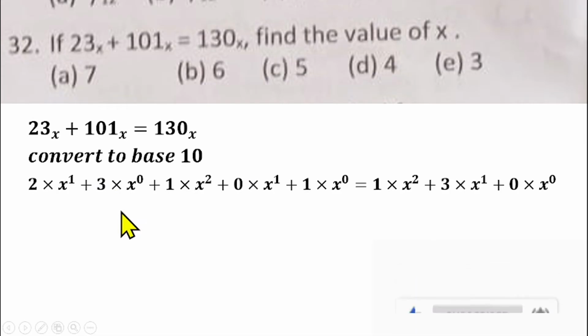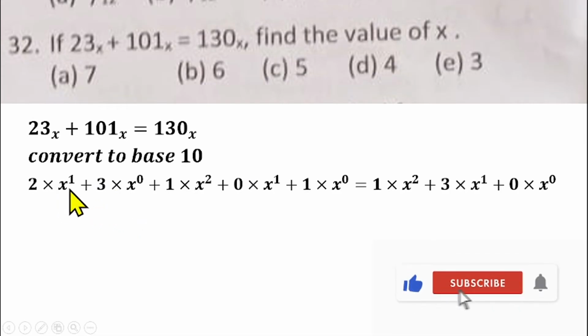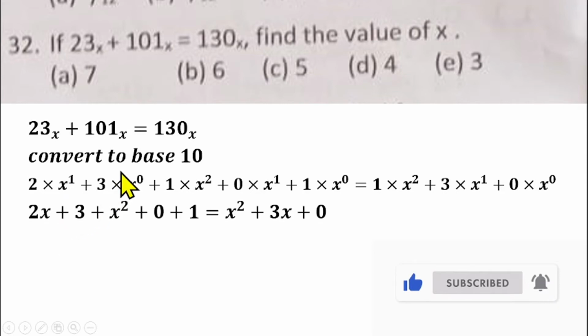Then we can now simplify. So 2 times s raised to power 1 is s, 2 times s will give us 2x. This one will give us 1. Then 1 times 3 is 3. Then we have 1 times s squared give us s squared there. 0 times x will give us 0. Then s raised to power 0 is 1 times 1, that gives us 1, equals s squared plus 3x plus 0. So if you collect like terms as well from there,